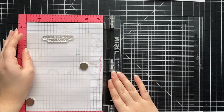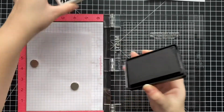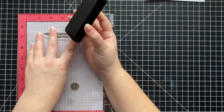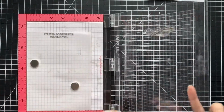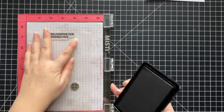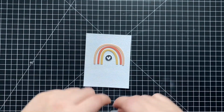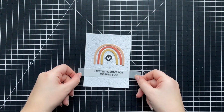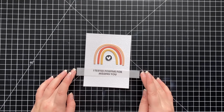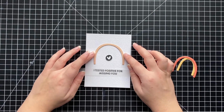So now I put some vellum in my MISTI, and I'm lining up the stamp that I want to use as my sentiment. And this stamp says, "I tested positive for missing you," which I think is such a cute, silly sentiment. And I'm just going to stamp that down using some black ink on the vellum. Because vellum is such a slick surface, it's very hard to get a solid image, and it was really bugging me. I think I actually stamped this down like 15 times, hoping that one of the stampings would change how it looks, but it doesn't. And if that's something that bothers you, you can definitely heat emboss it instead. I don't have any black heat embossing powder, and I didn't want to do white or metallic, so I just went with it. So now I cut this down to a strip that will span my card,